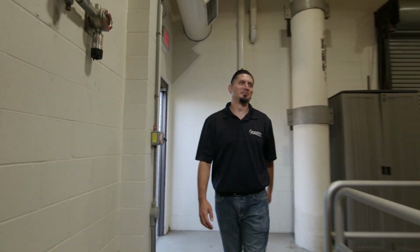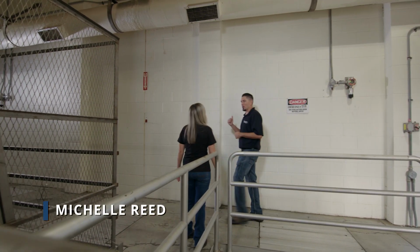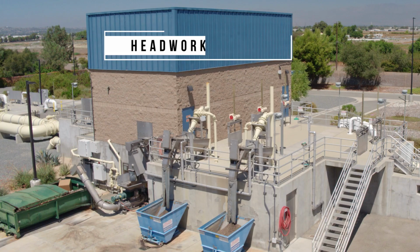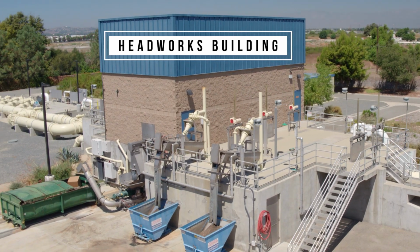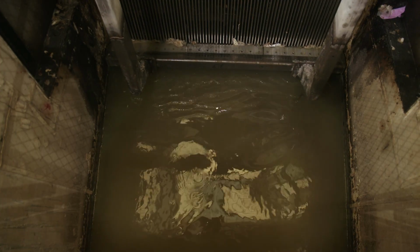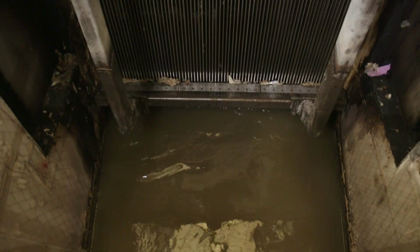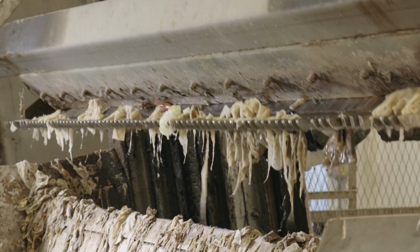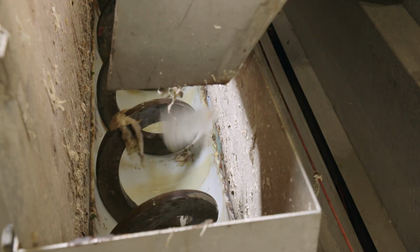Hey Michelle, how you doing? Hi Jesse. We're doing a tour of the wastewater treatment plant, and I thought you'd be the perfect person to take us through the first step in the process. So we saw the wastewater come in from the pump station. Can you help explain to everyone watching what happens next? Absolutely. So this is our headworks building. The wastewater will come in, all the large debris will get stuck on these bar screens down here, and then a large mechanical rake will come up, take the debris out to the bin,